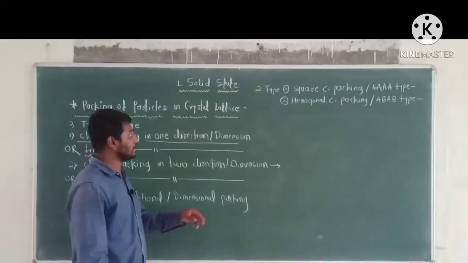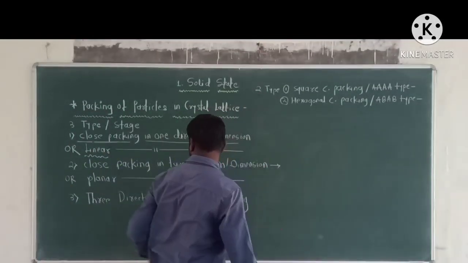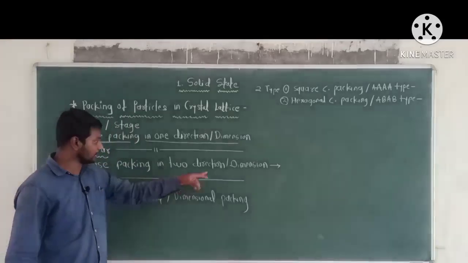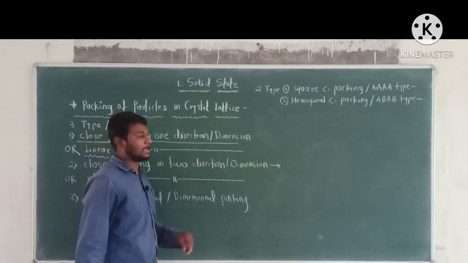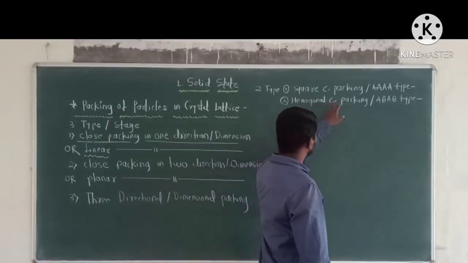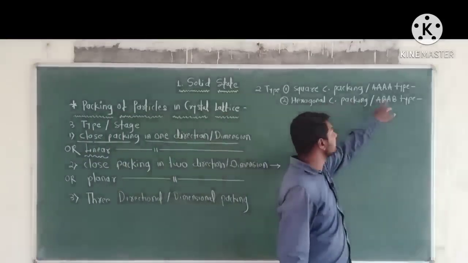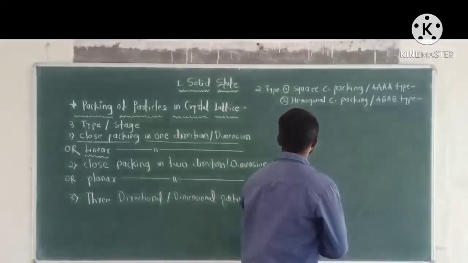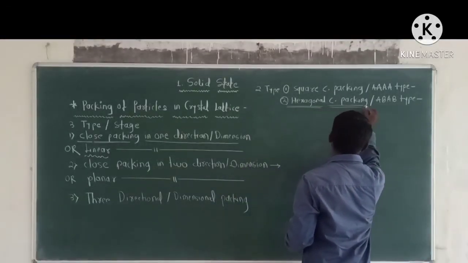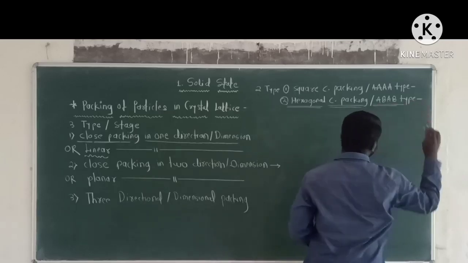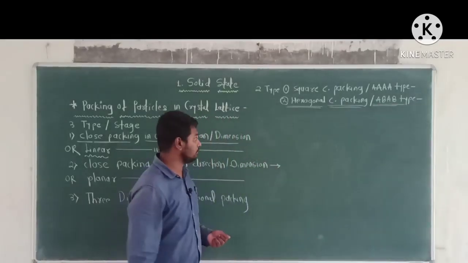Okay. The second type of planar packing, that is, close packing in two dimensions, is hexagonal close packing, which is also called AB type. Second type, hexagonal close packing, which is also called AB type. Okay. Now, first point,